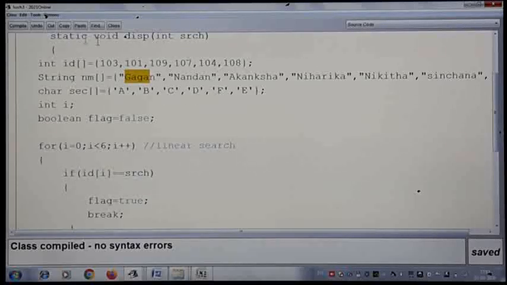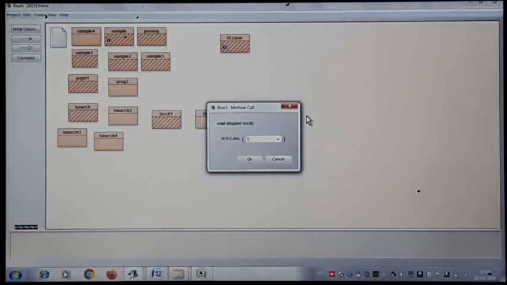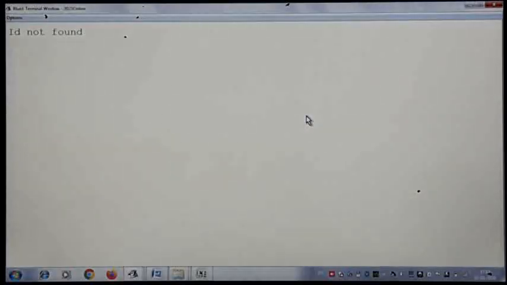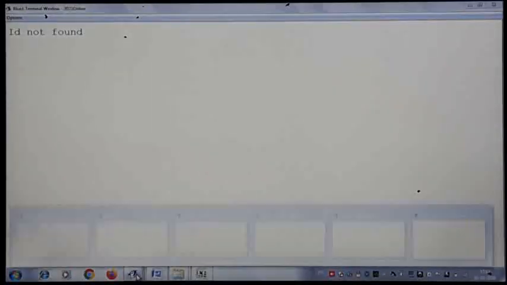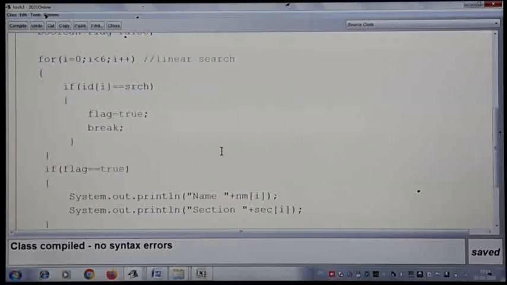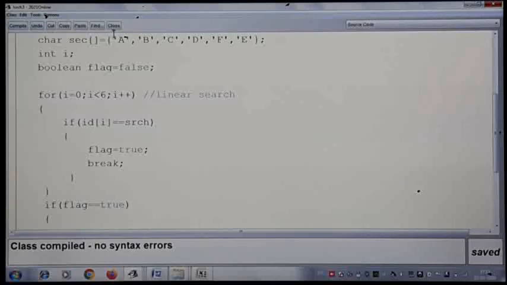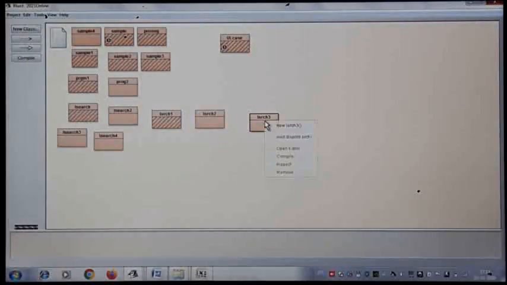Let us try one more student now. Let me try now by giving one more. Okay. So let us try one more input. Now I'll give 110. What it is saying? ID not found. Why? Because there is no student ID by name 110. There is 103, 101, 109, but there is no 110. So we got the output as ID not found. Let us try once again. You can check your sample output by giving or varying your inputs.